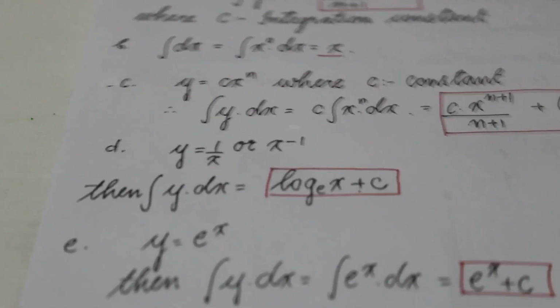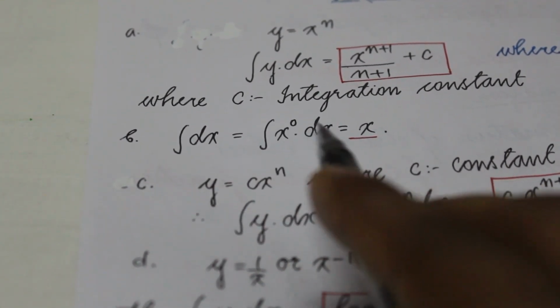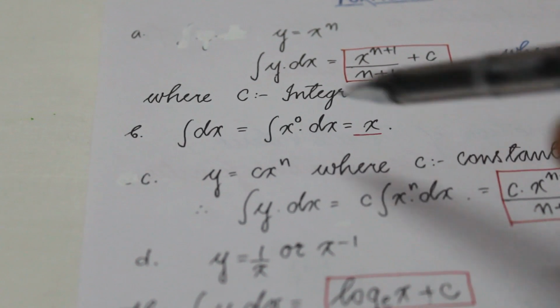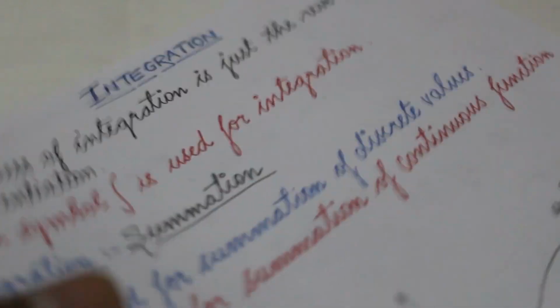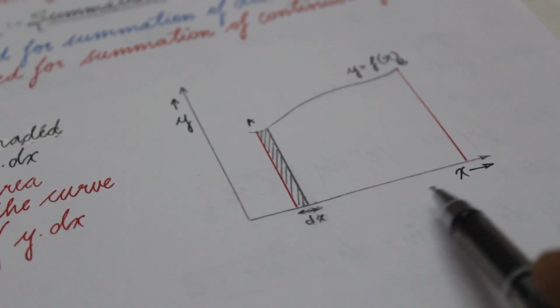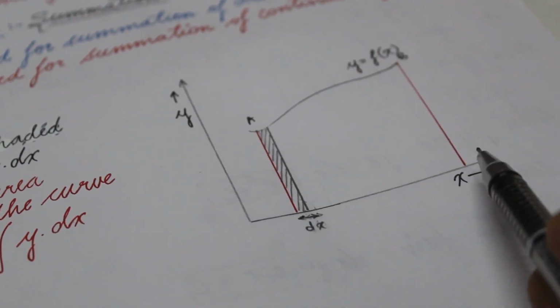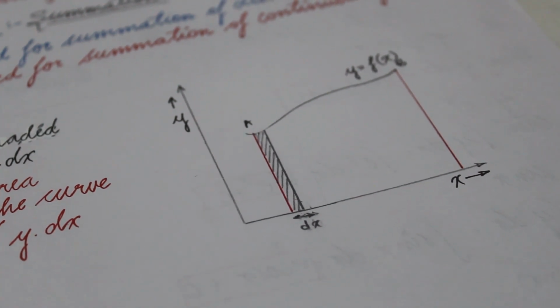Now moving on, if it is simply dx, can we write it in the form of x to the power 0 dot dx? We will use this formula again and we will get x. So simply, integration of dx is equal to x. It is quite simple. If you are using so many dx, taking lots of small areas, and we integrate all of them, then we'll finally get x. If we go through this diagram again, if we continuously integrate dx, then it will be equal to x. So integration of simply dx is always x. Similarly, integration of dy will be equal to y.